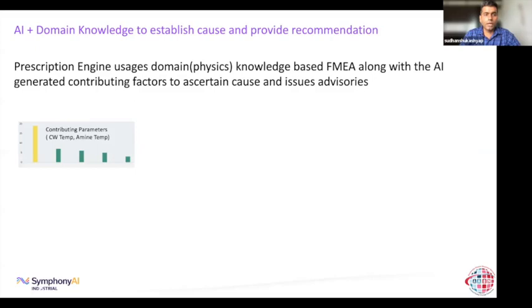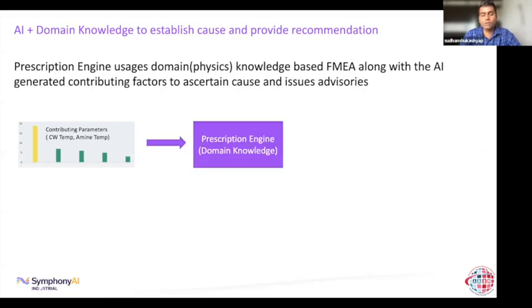So here we had contributing parameters, which were cooling water temperature and amine temperature. So we know there is some problem with cooling water, and that is driving the whole system. The temperatures are going high, and when temperatures go high, your absorption is not going to be good, and then there will be an excursion in the output CO2. So a prescription engine is based on domain knowledge. So we know all this,